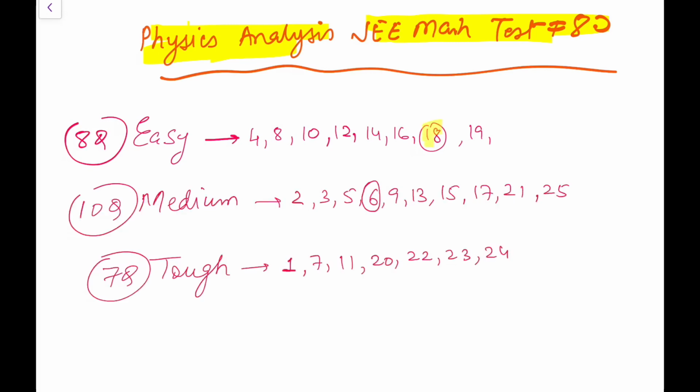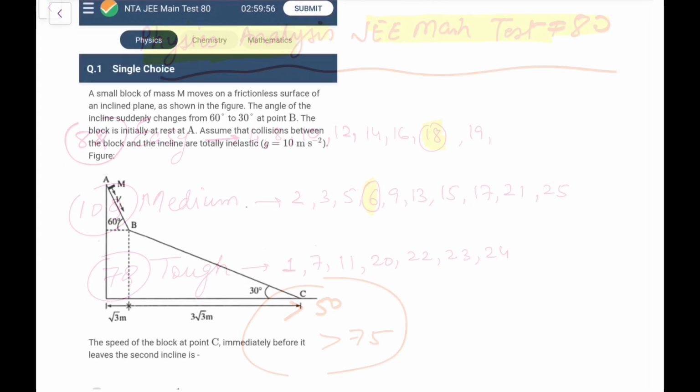Now, as per this, I think in question number 18 there's a flaw in the answer, and similarly in question number 6 the concept they have taken is not right. What I feel, I also solved using what they assumed, but that is not the appropriate one. So 7 questions were tough, 10 were medium, 8 were easy. I suppose for an average student, if you get 50, it would be very good, and for a very good student it should be 75 plus in this particular paper. So it was slightly tough.